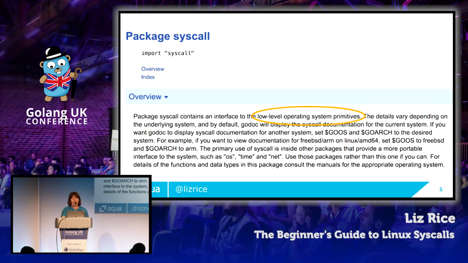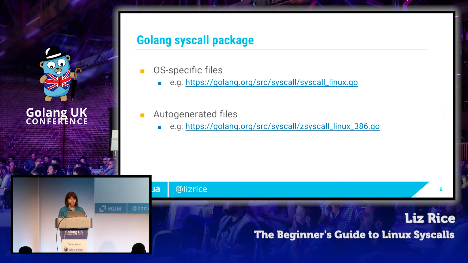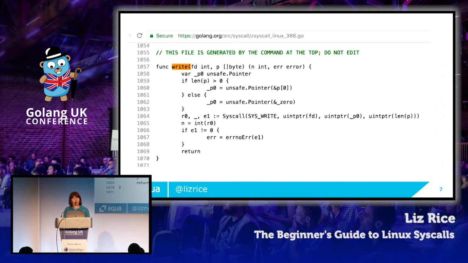Okay, so inside the Syscall package, we've got some operating system specific files, and we've got a bunch of auto-generated files that give us all these different combinations of operating system and chipset architecture. So on my Mac, it's an x86 processor. And if we look at the implementation of write inside the Syscall package, we basically see the work is done